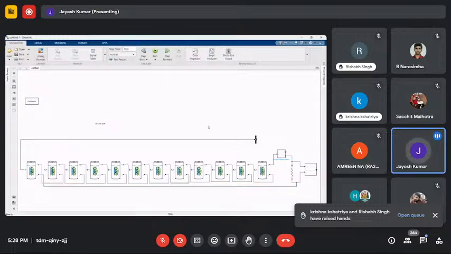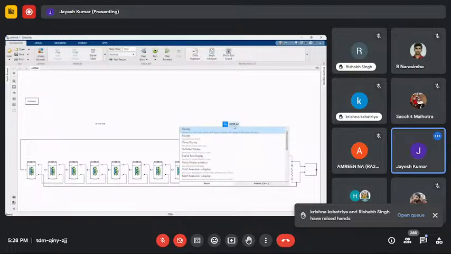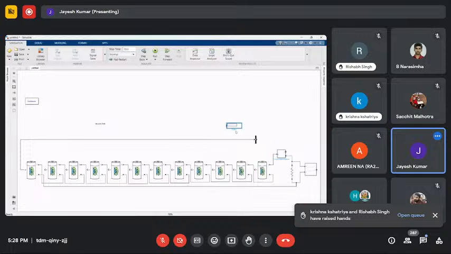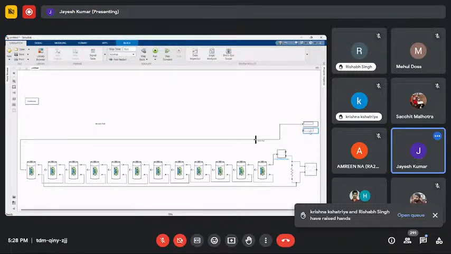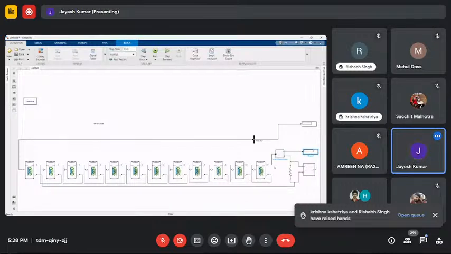To see the output, I need a scope or display. I choose the display. This will show the SOC of the battery pack. This will show the current of the battery pack, and